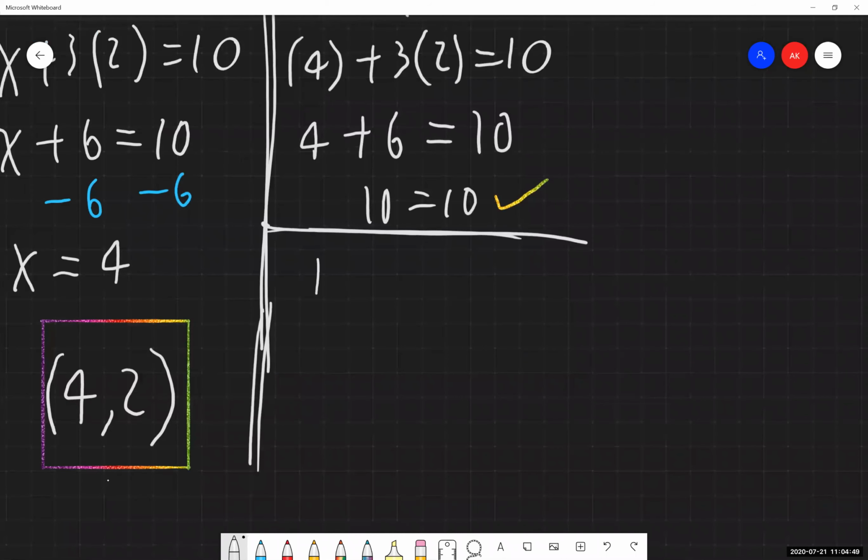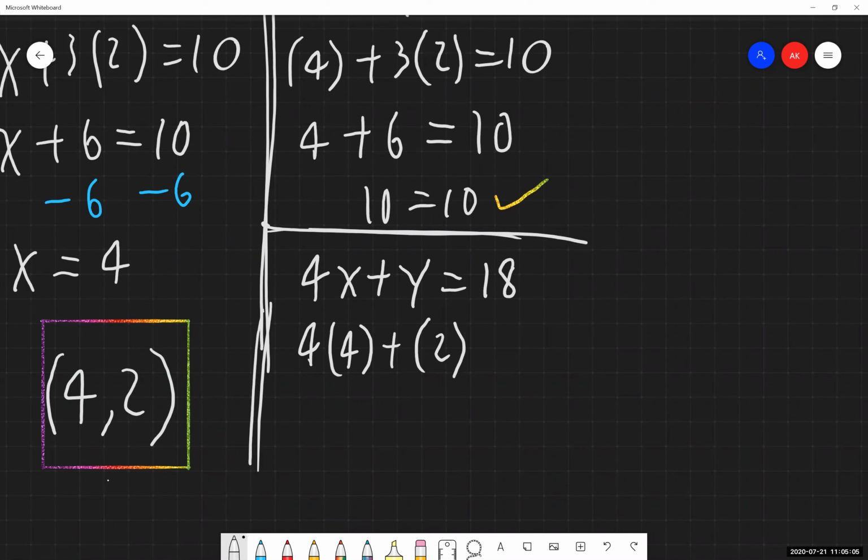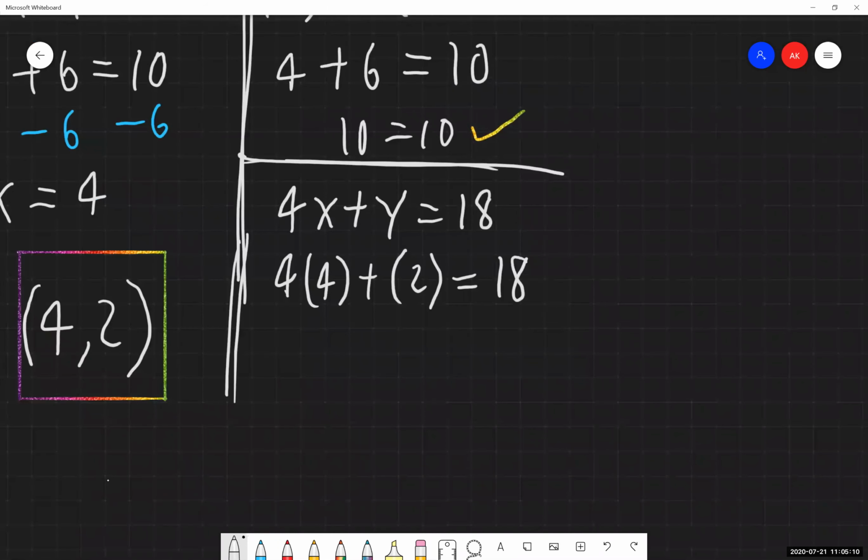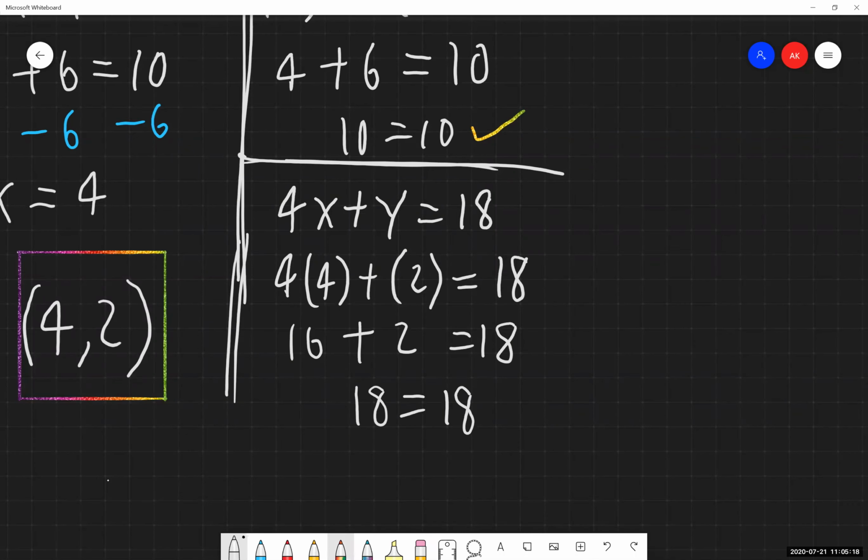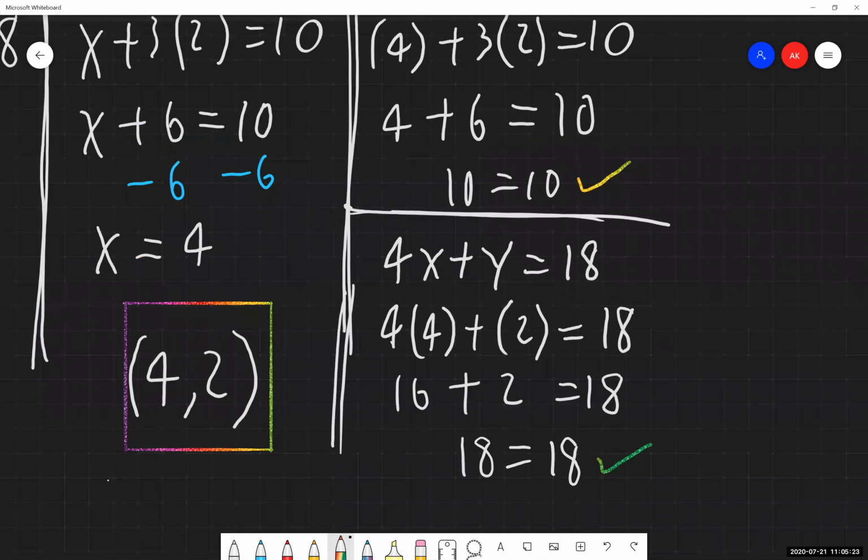So I'm going to write out the equation, with 4 for x. Again, substitute in the x and the y value accordingly, and when you substitute them in, put them inside of parentheses. Simplify the left-hand side down. The right-hand side is already fully simplified. 18 equals 18. Fantastic. This is a solution to this equation, and we know it beyond any shadow of a doubt. So we have our final answer.